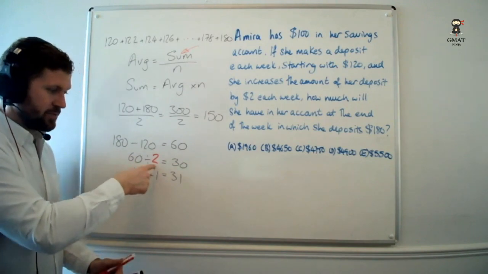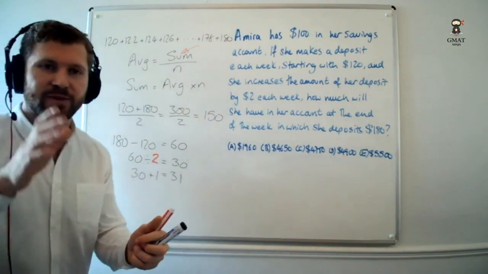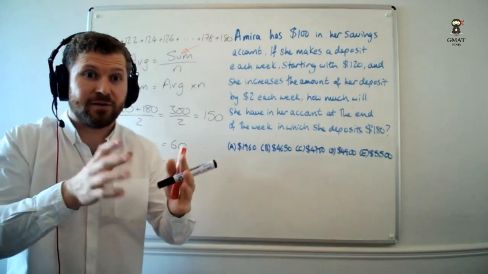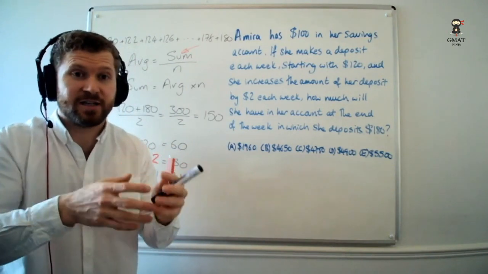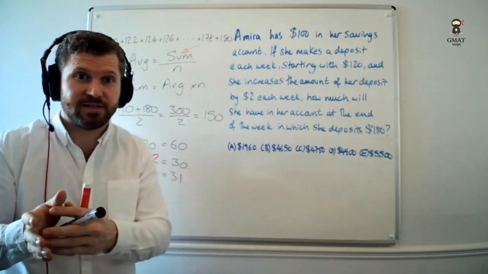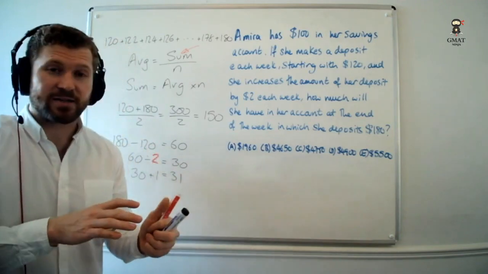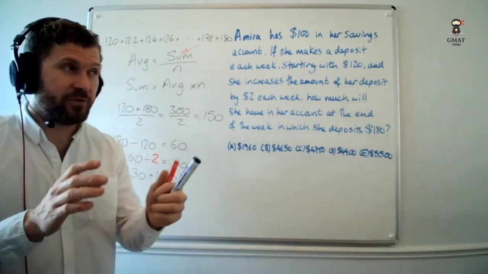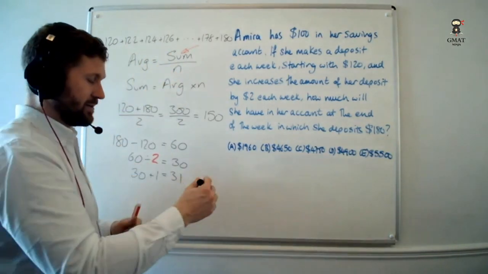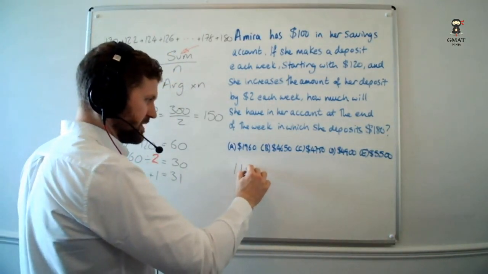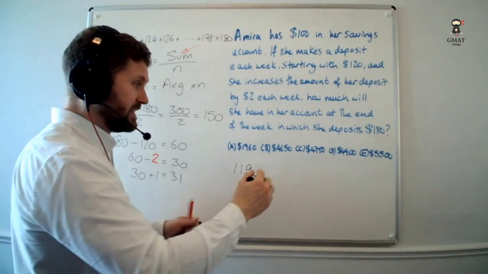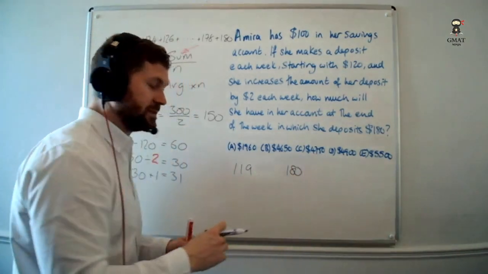Now, this plus 1 at the end only happens when the start and the end of the set are the thing we're looking for. In this case, we're looking for even numbers. 120 is an even number, 180 is an even number. If you were asked to add a set that wasn't like that, for instance, if we took that one and just stretched it out, if I was asked to find the sum of all the even numbers from 119 to 180 inclusive,